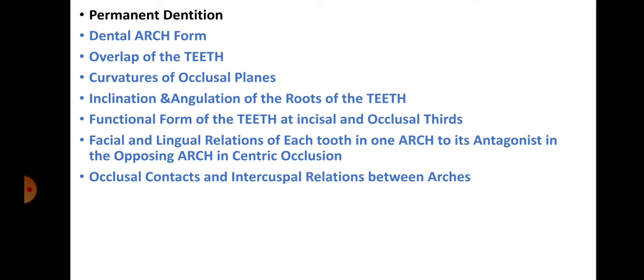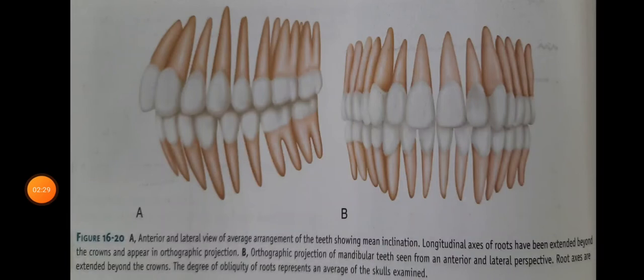Right? No absolute rules may be assumed when describing the axial relations of the maxillary and mandibular teeth in centric occlusion. You can see in figure 16.20. This is the figure 16.20 picture, showing anterior and lateral views of average arrangement of the teeth, showing